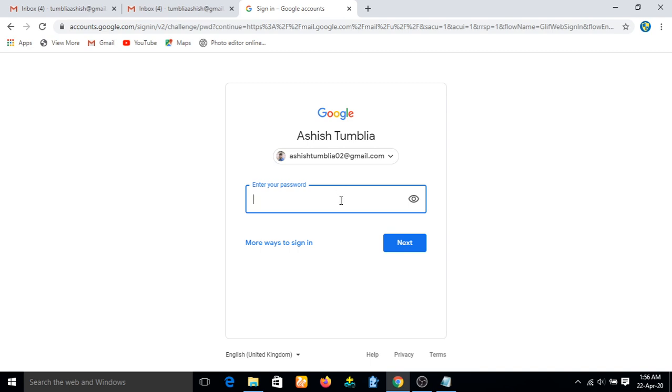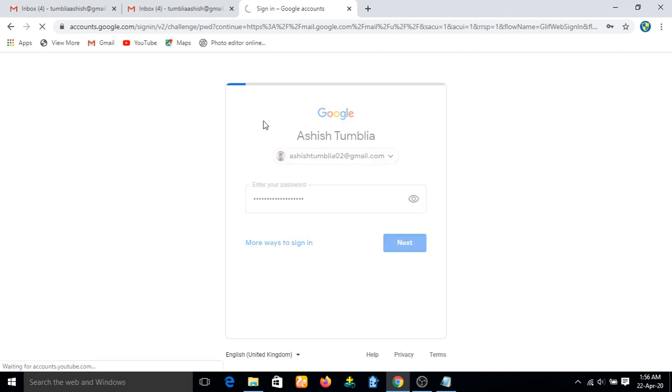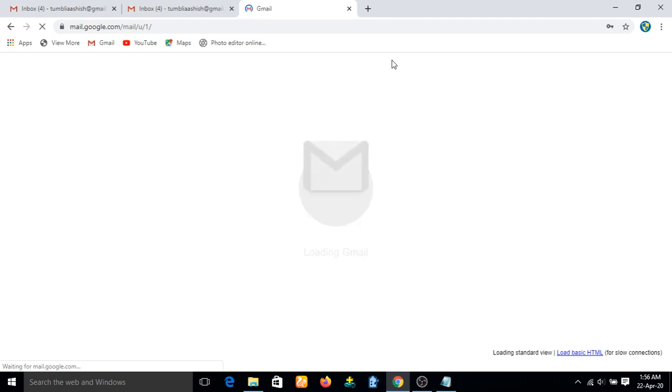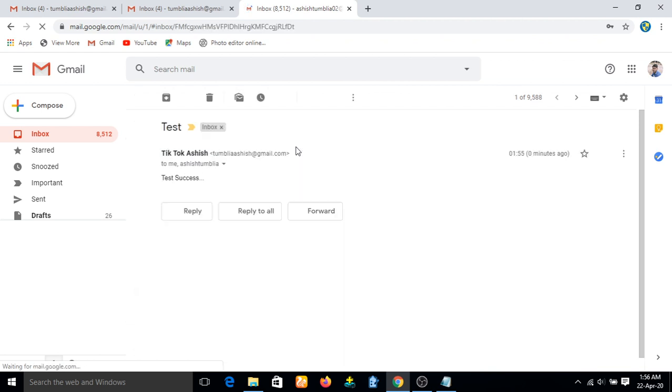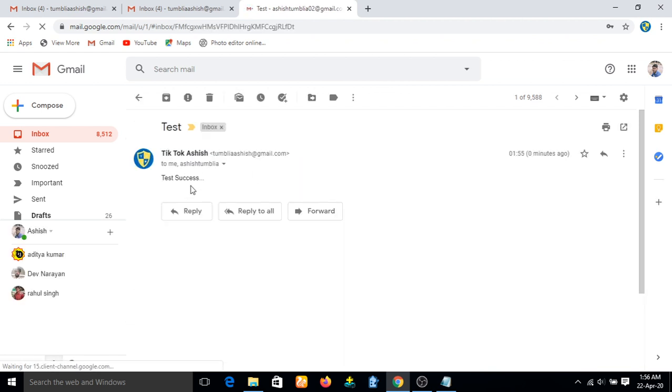Here I will enter the password. And I have also used another email ID in the CC field. So let's check this one first. As you can see in the inbox, this is the mail that I have sent, test success. So that means from the compose module to the inbox module, the data has transferred successfully.